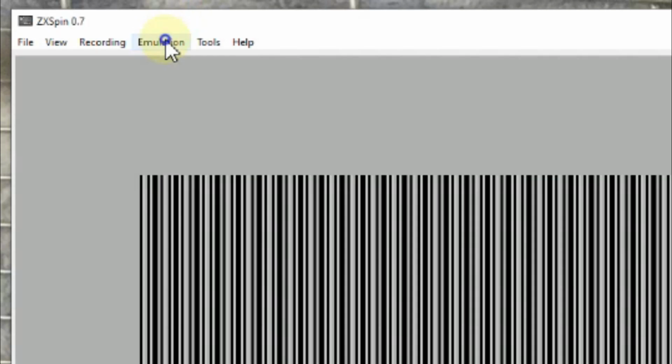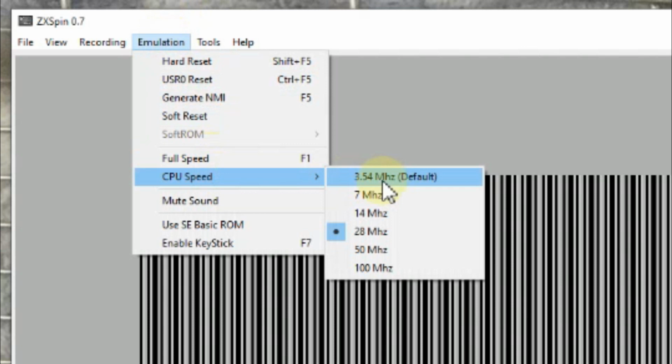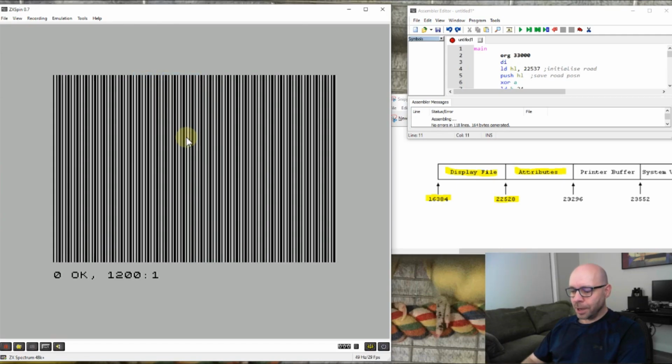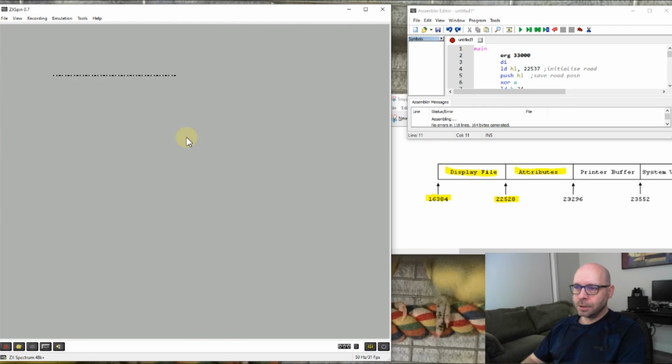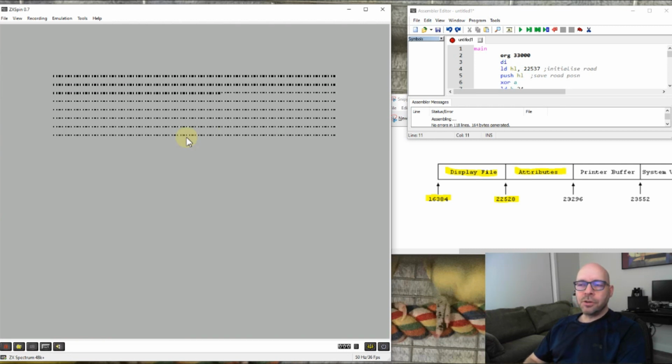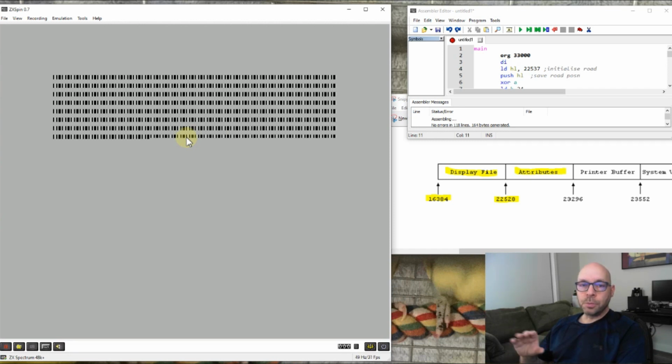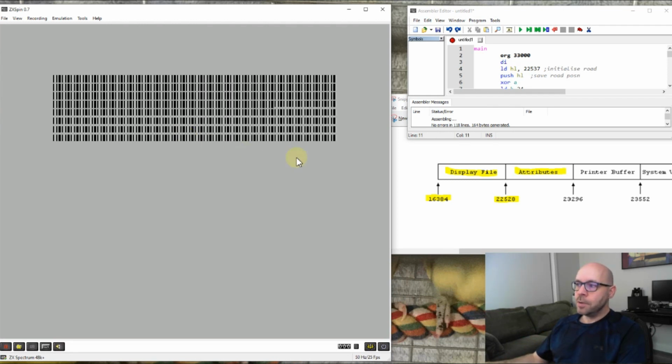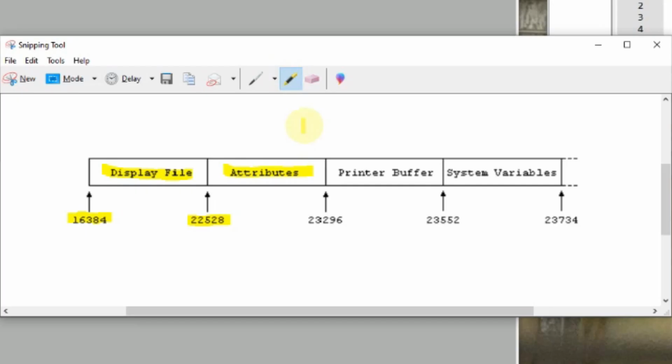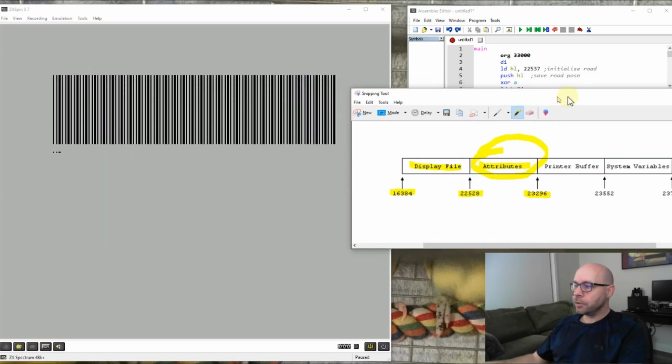Actually, let me slow the CPU speed down again to the original speed, and we'll run that again. There you can see how the screen fills its graphics display memory line by line, and then it goes thirds by thirds of the screen. We're not going to go into too much detail about that in this video, because in particular what I'm interested in is this next section, the attribute section of memory, which runs from 22528 to 23296. So if I create another for next loop,